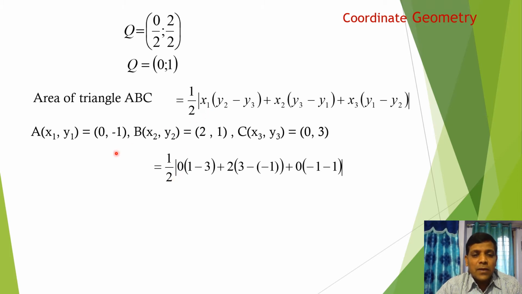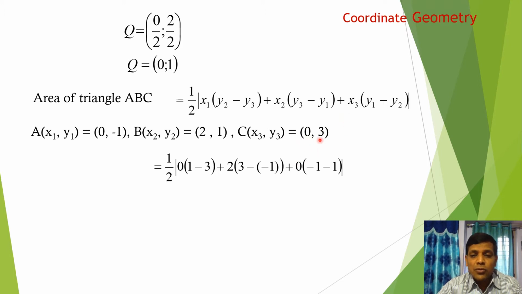x1. What is the value of x1? x1 equals 0. x1 into (y2 minus y3). What is the value of y2? y2 is 1 and y3 is 3, so 1 minus 3. 0 into (1 minus 3) plus x2 into, what is the value of x2? x2 equals 2. 2 into (y3 minus y1). y3 equals 3 and y1 equals minus 1. This is written as 3 minus of minus 1, plus x3 into